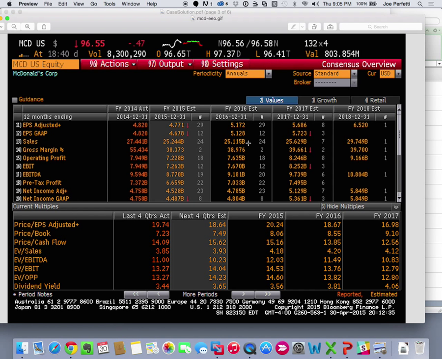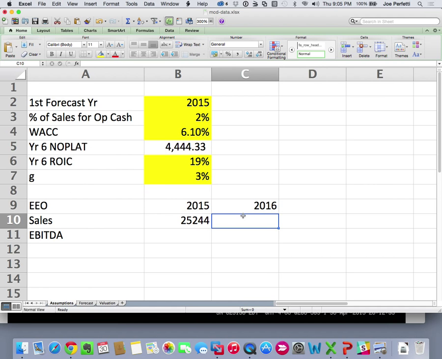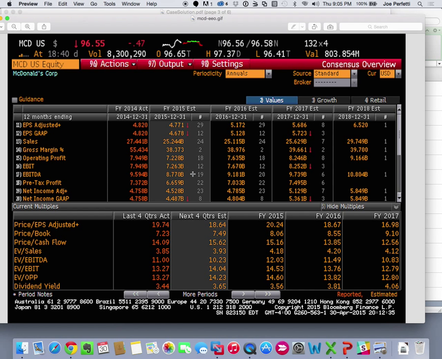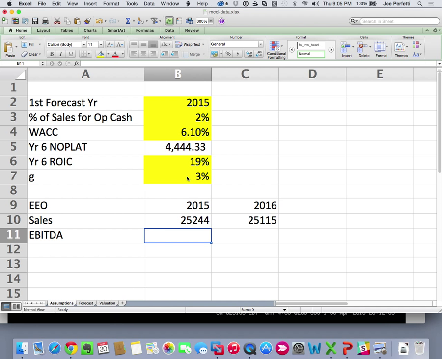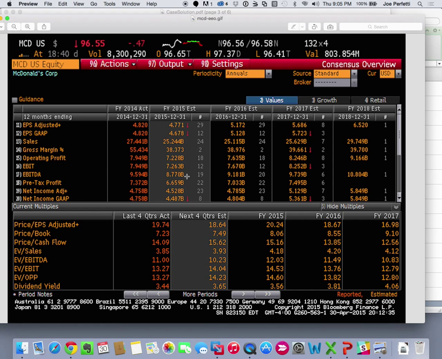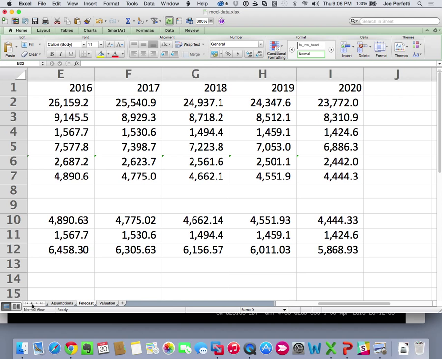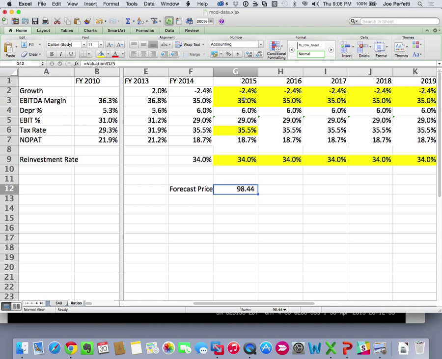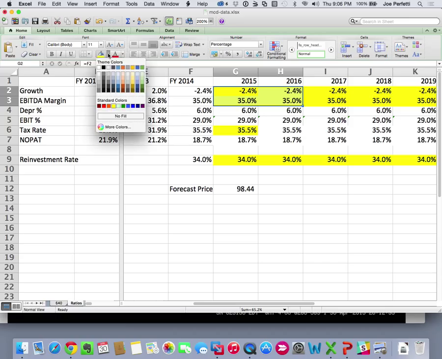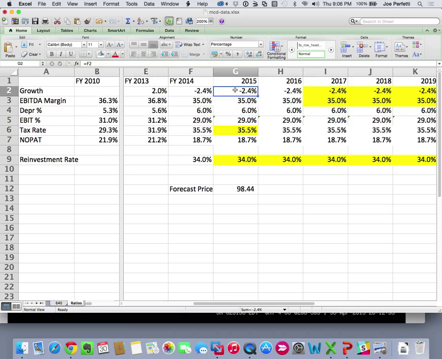2016 sales 25,115. I'm just using the consensus to see what the market expects for 2 years. EBITDA in 2015 is expected to be 8770, and in 2016 9181. Okay, so here's why I'm doing this. In my ratios, I want those to match. So what I'm going to do for these 2 years is, instead of forecasting them, I'm going to solve for